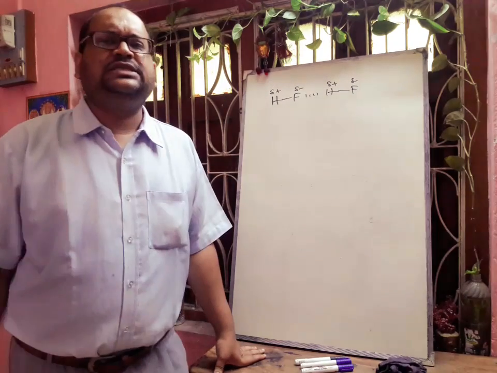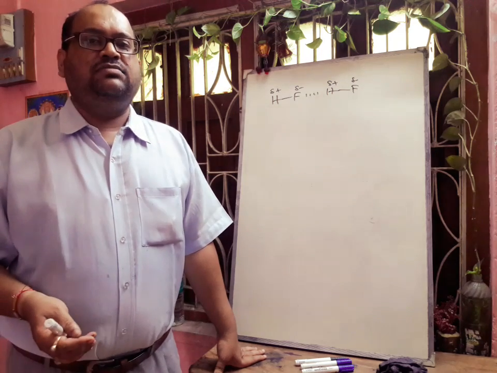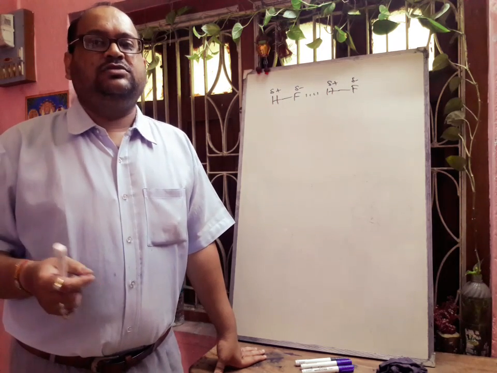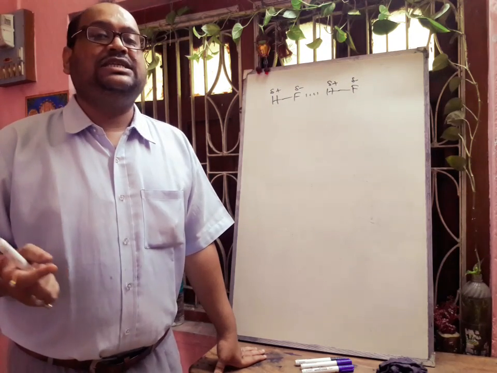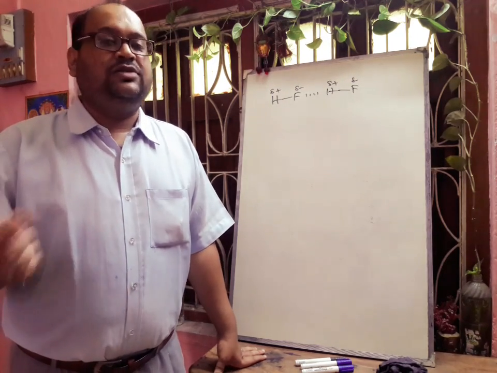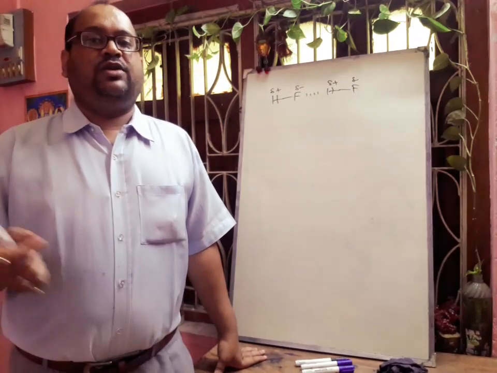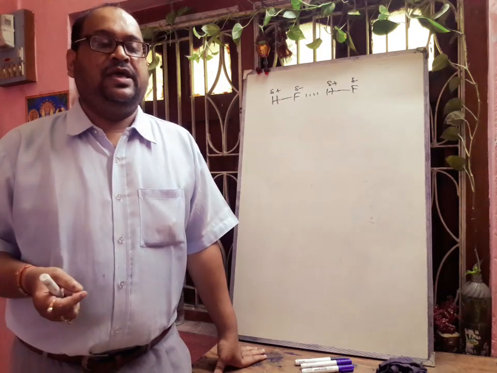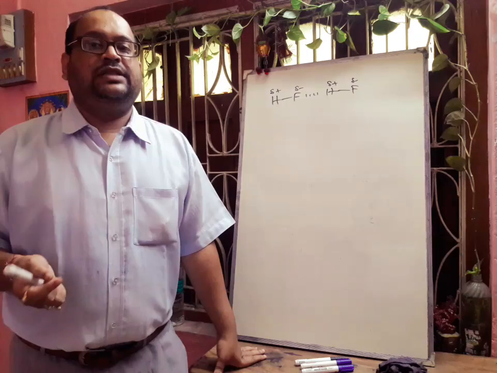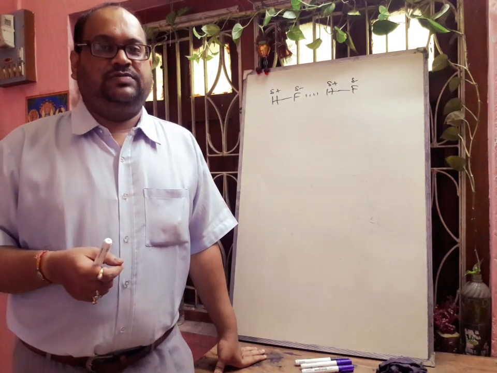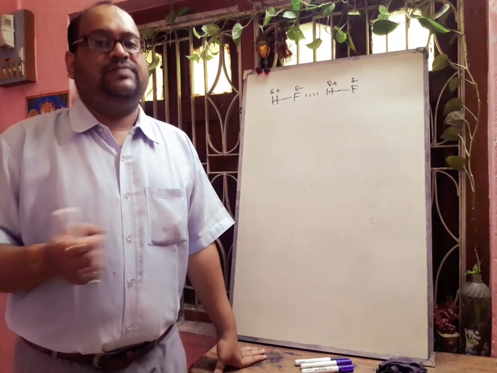Now what are the conditions for effective hydrogen bonding? Higher the electronegativity of the atom bonded to the hydrogen atom, so that the bond is sufficiently polar. So this is one condition. Another condition is the small size of the atom bonded to the hydrogen atom, so that it will be able to attract the bonding electron pair effectively. Okay, and only nitrogen, oxygen, fluorine, sometimes chlorine can form strong hydrogen bonds because they have high electronegativity and small atomic size.